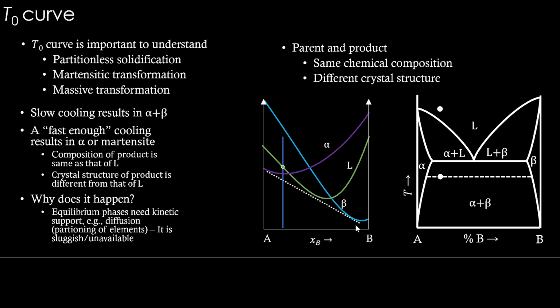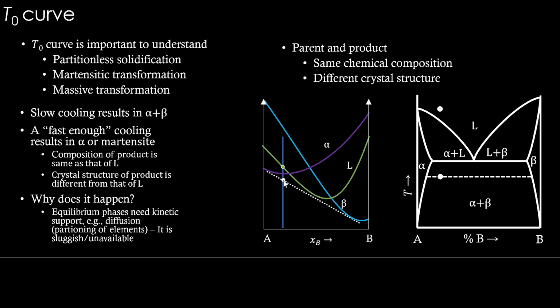Now, this liquid, when it is brought to this temperature fast, this entire G versus X is for this temperature. Okay, so at this temperature, what is the Gibbs energy of the liquid? It is here. Now this liquid would like to become alpha plus beta and attain this Gibbs energy, right? So this Gibbs energy is on the common tangent. So this is the Gibbs energy for the equilibrium system, meaning the entire alpha plus beta mixture. This is going to be the Gibbs energy.